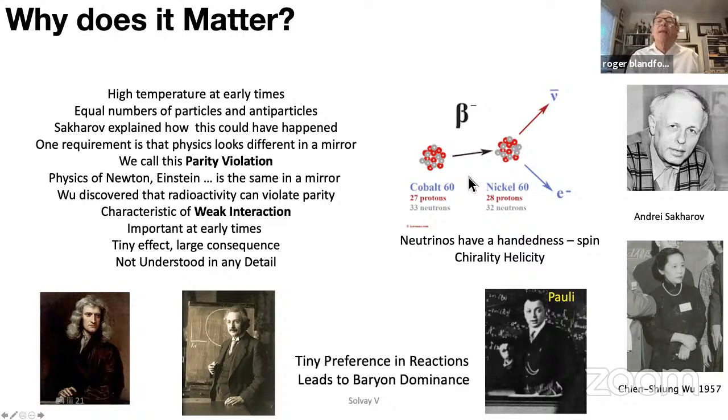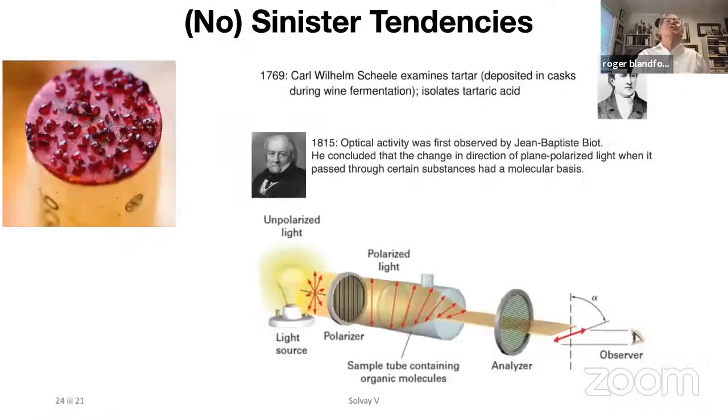Basically there are other conditions that have to be satisfied, but what Sakharov pointed out was that if this was important in the early universe, it could lead to a very tiny excess of baryons over antibaryons. When all the annihilations happened, all the antibaryons essentially went away, and you were left with a net surplus of baryons, and that's the 5% that accounts for us today. So that's the connection to cosmology.